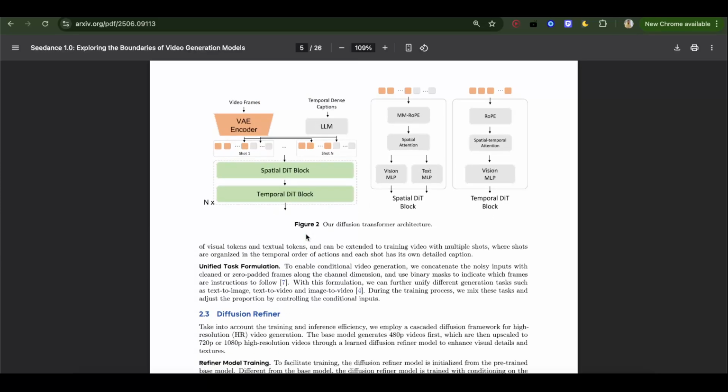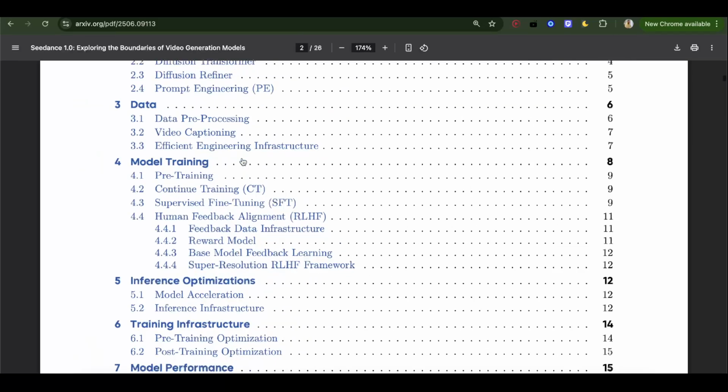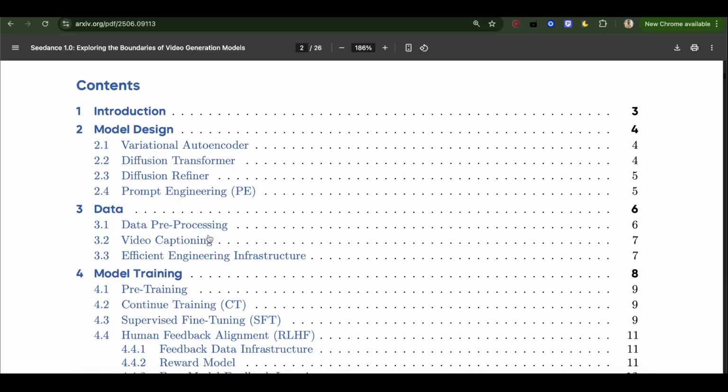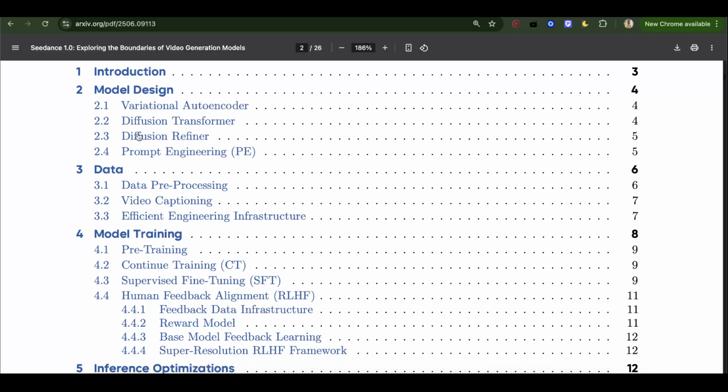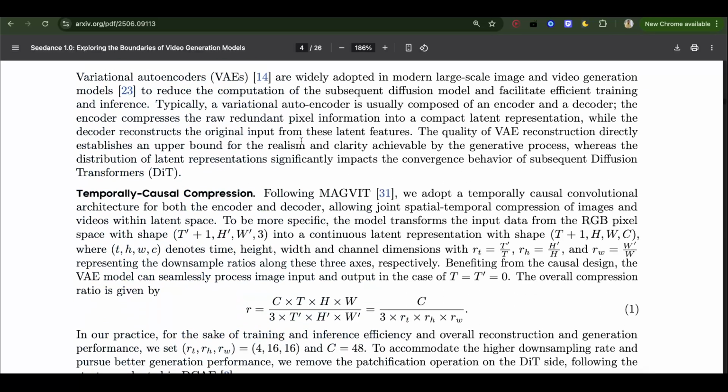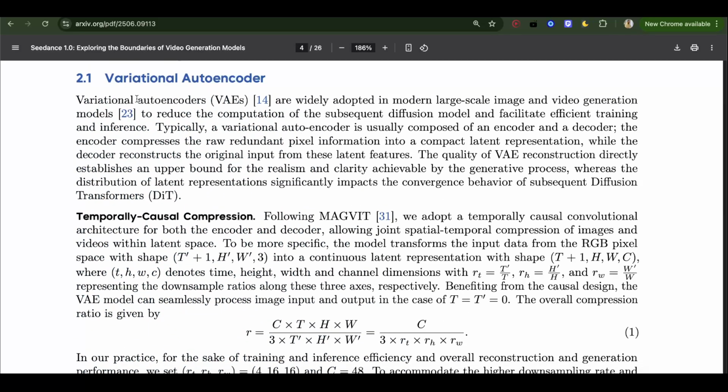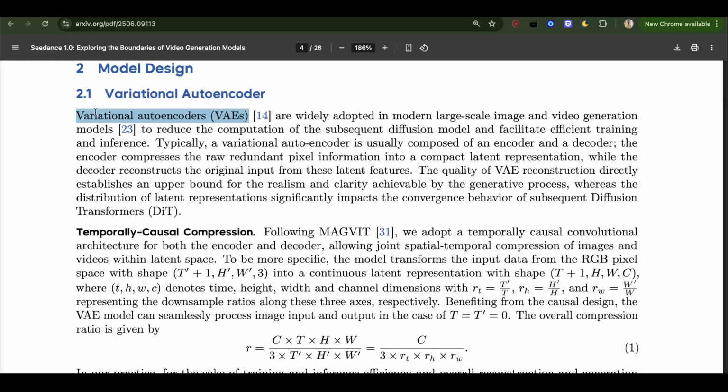Let's get new ideas. I really like that they have this table of contents. So let's start with model design. We have variational autoencoder, diffusion transformer, and then these two are less important. If you don't understand anything at this point, you can always ask ChatGPT, because a lot of you will have different backgrounds. So you can just open this paper and follow me and ask any questions to